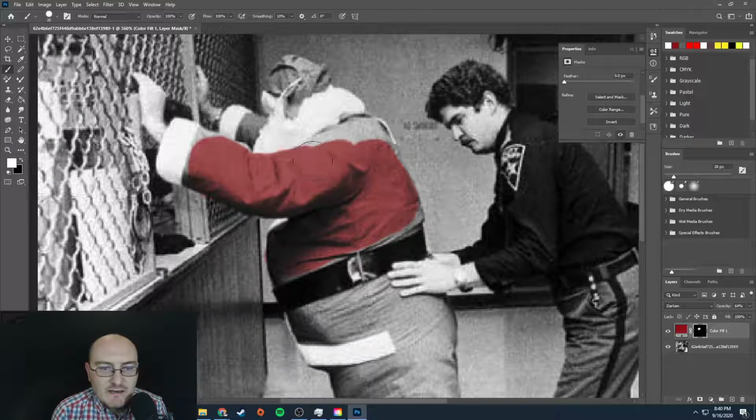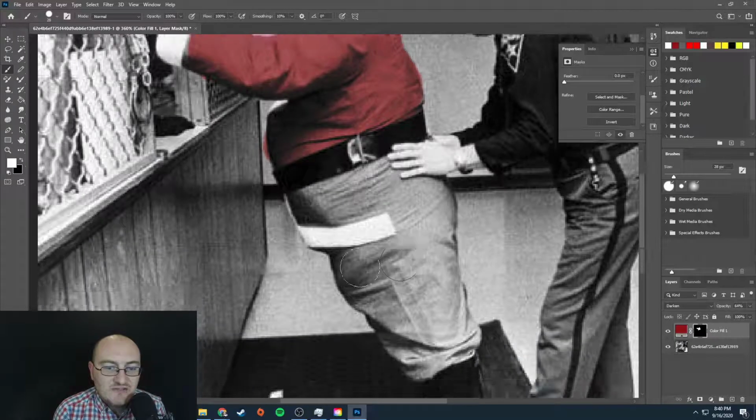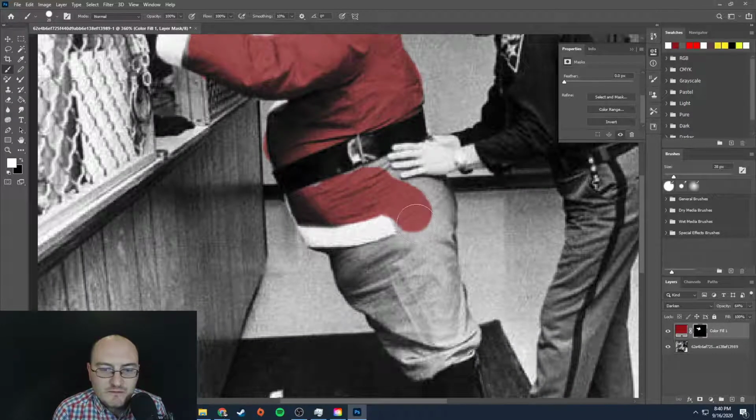All right. Now my brush is really big, so I'm not going to want to use it for some of the finer details. And I'm actually not going to spend a lot of time making this perfect. You guys should definitely spend a lot of time making yours look as good as possible. Mine is just going to be kind of rough, right? So I'm just going to color in